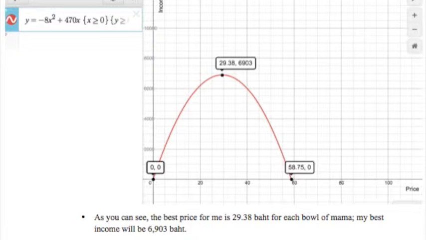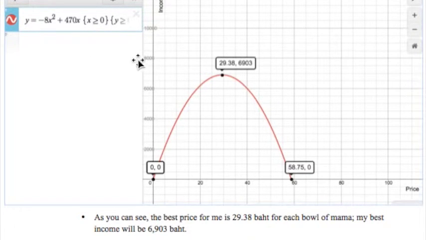As you can see, this is the graph that came from the function that I found. Here we have my income function, and the y-axis is income, and the x-axis shows our price. This is an upwards parabola,